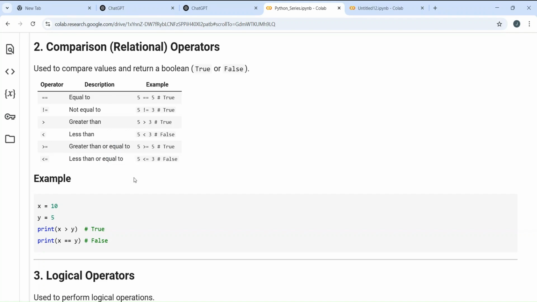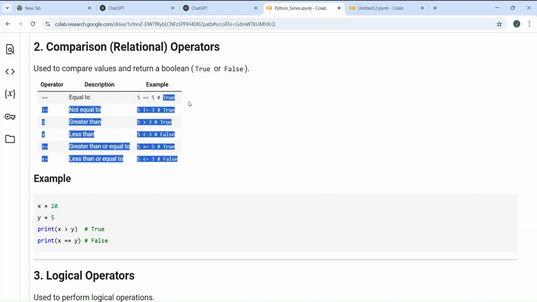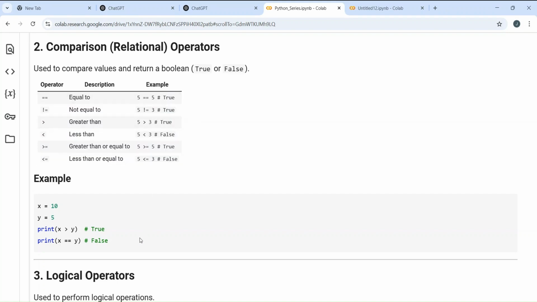So these are very simple, and they will be returning, like if you're going to provide, let's say x equal to 10, and you're providing y equal to 5. So if you're taking this as an example, and if I say x is greater than 5, so here x is 10 and y is 5. Obviously 10 is greater than 5. So the output which I will get is true, because 10 is greater than 5. That is a truth. So I will be getting the output as true.